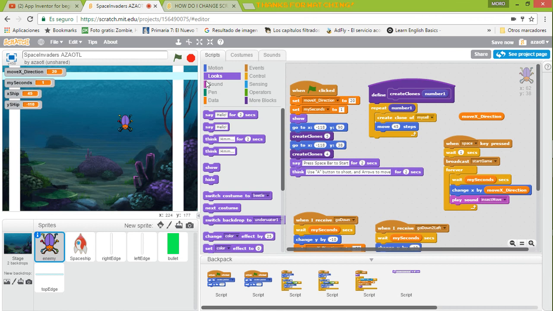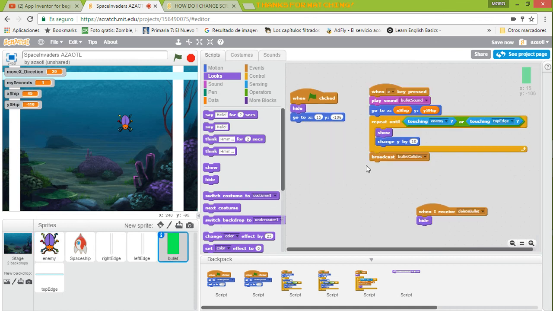Yes. So now the bullet, it's a little bit fast. Okay, so I don't want the bullet to be that fast. Fine, to make it more difficult. So, and also